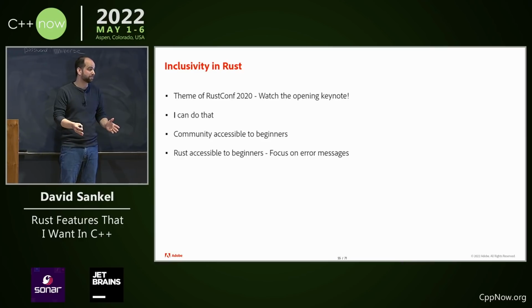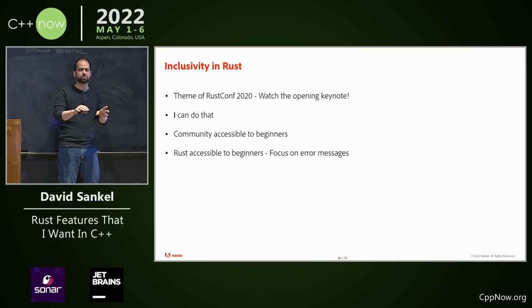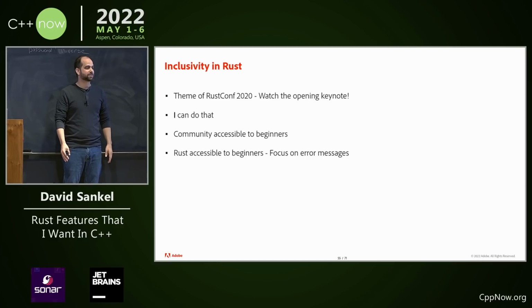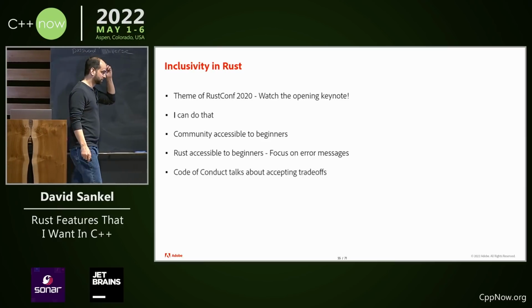And if you get an error message in Rust, I can tell you it is so cool, because it'll say, hey, here's the error message. This is probably where you made your mistake. And here's a link to a documentation of the common ways that people can get to this error message. And this should help you out. That's so nice. It's because they're focusing on it. We could do that, but they're focusing on it. Okay?